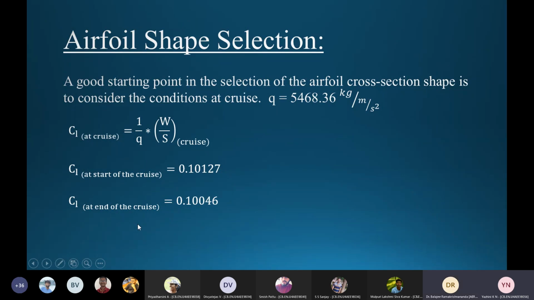When you use this Q value, don't find it in kg per meter per second square. The unit should be Newton per meter per second square. Only then you'll get the correct value. Use the Newton one, so everything will change. CL will change. Newton means multiplied by 9.81, so CL will be further less. Most important, everywhere, when you evaluate Q, it should be Newton per meter per second squared.